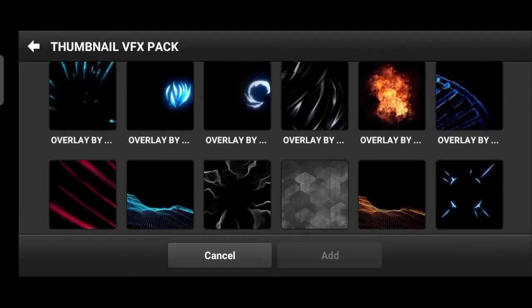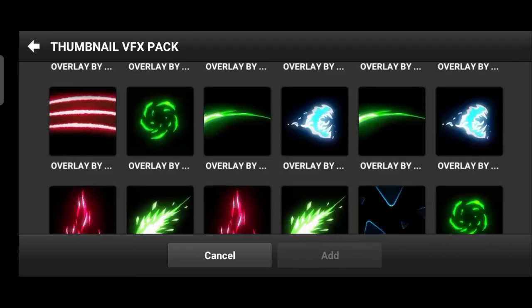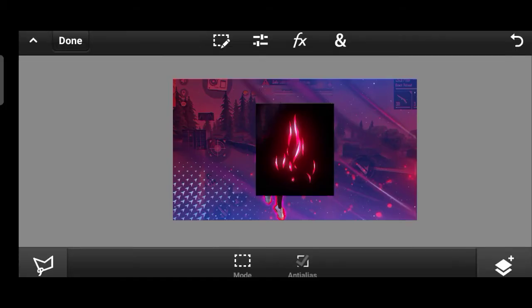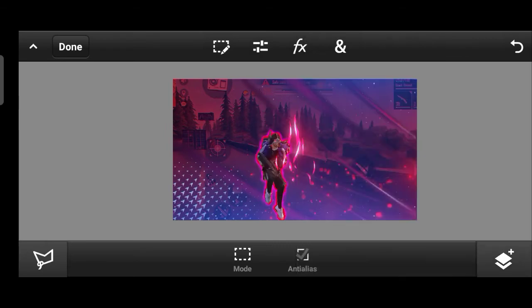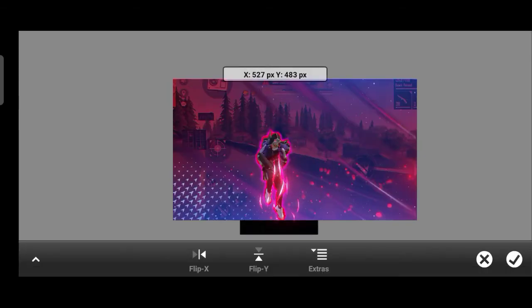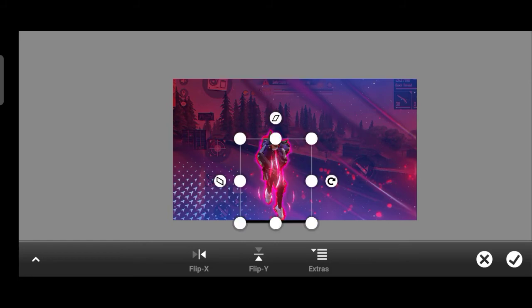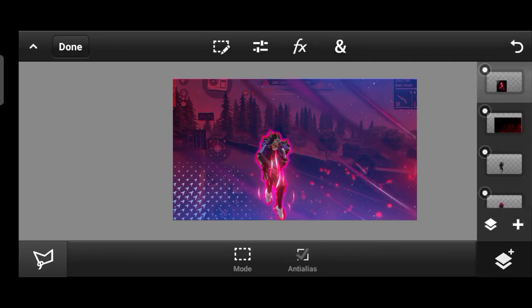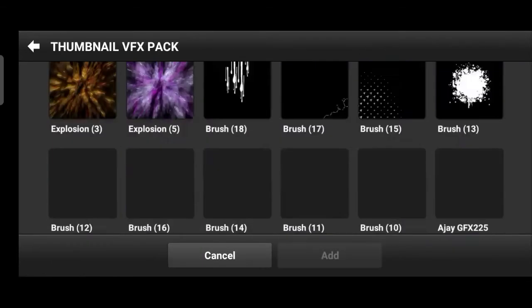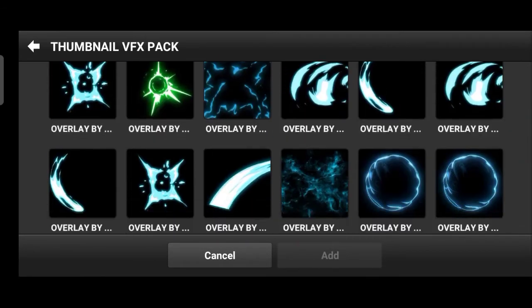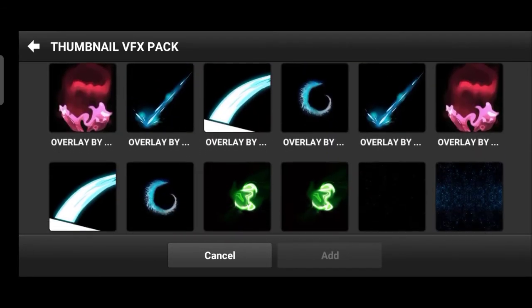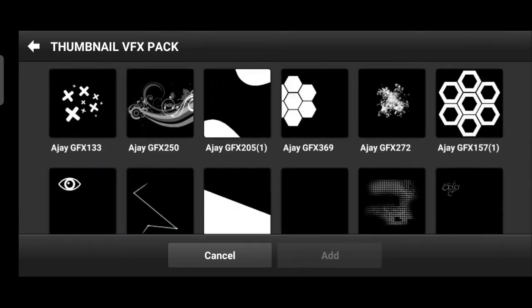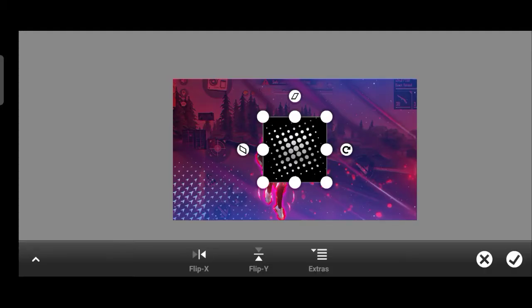Next, let us take this particles overlay, add a screen transform and move it aside. Next, let us take a white particle, which I forgot to take, and since our color is red, I kept red flames, which give a more professional look to our thumbnail. I'm checking for it, yeah, I found it.